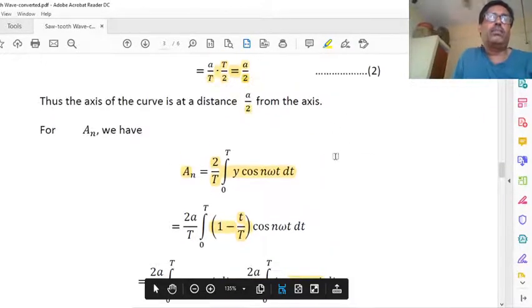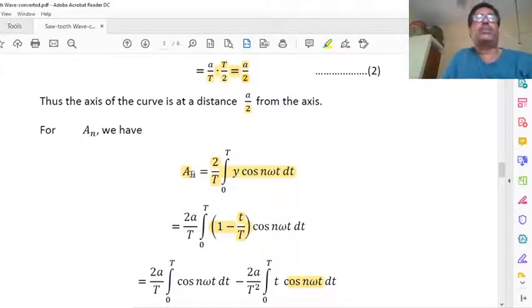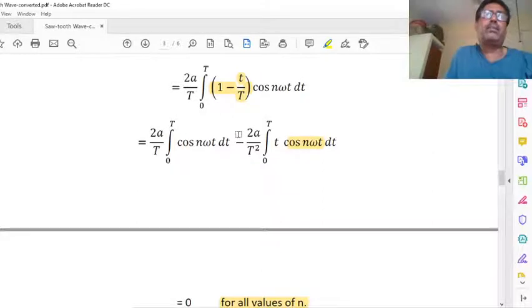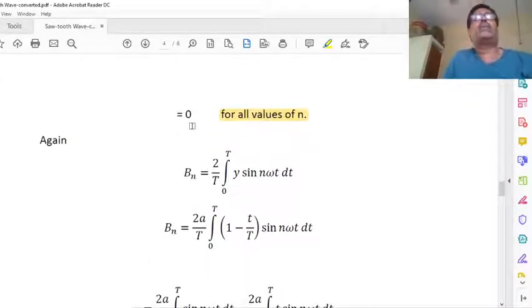See here, one thing is very interesting. If you recall Fourier's theorem, in Fourier's theorem there are a series of terms, harmonics, sine terms, cosine terms, but that was general. If we apply Fourier's theorem to the sawtooth wave, it is clear that the term containing the coefficient an will be 0. So each cosine term will be 0.